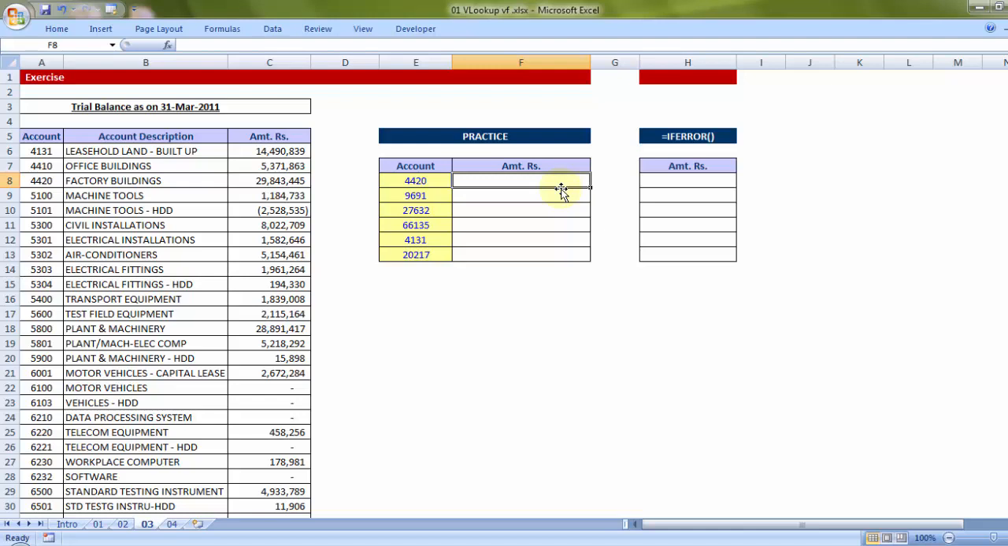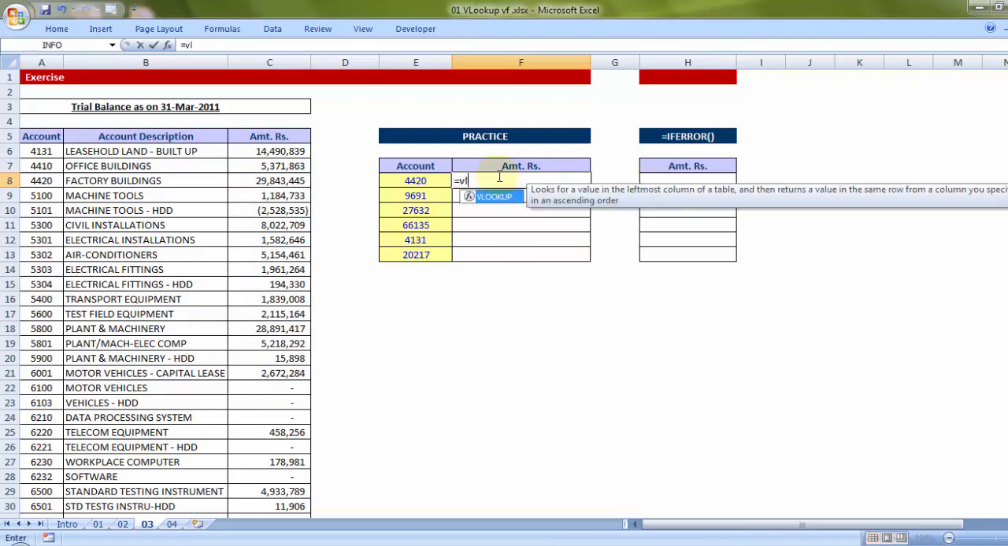Now before every problem, let me go inside the logic of VLOOKUP. Why VLOOKUP? Just like last time, one, I have one thing common, that is account code. That account code is given vertically in my table array. So hence VLOOKUP. So I'm pushing a formula equal to VL, pressing the tab key,